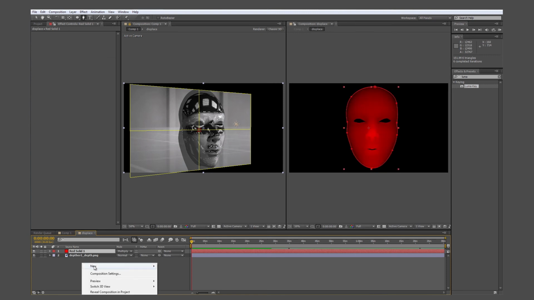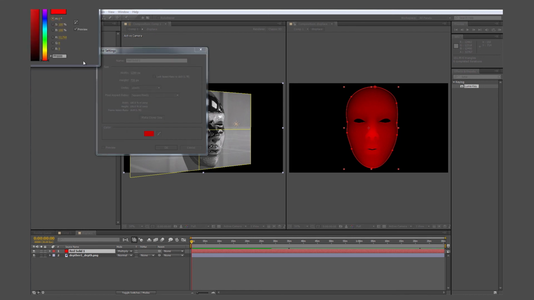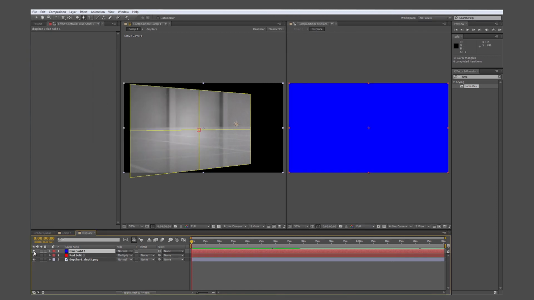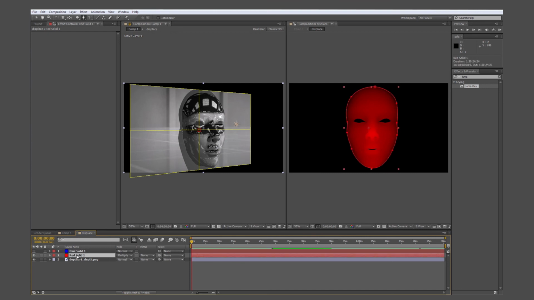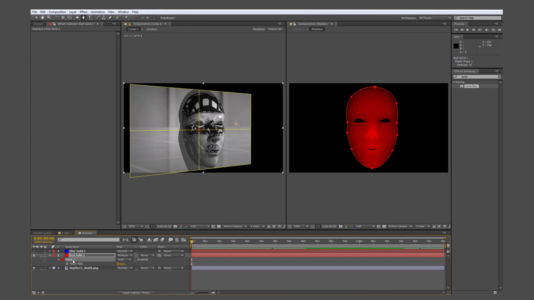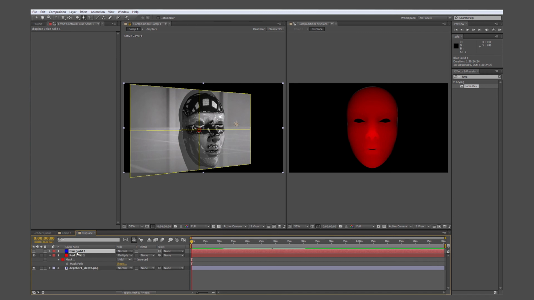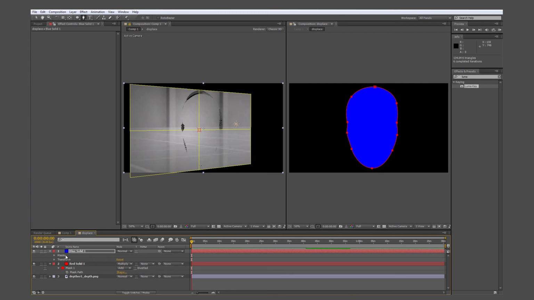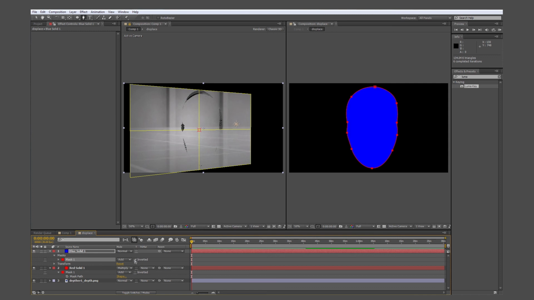So let's create a new solid. And we're going to do this on the blue channel. So let's make it fully blue. I'm going to turn it off and take the mask from the red channel and copy it, Control C, and paste it onto the blue solid, Control V or Command V on the Mac. Okay, so it's the same mask at the moment, but I'm going to invert the one I've just pasted, and